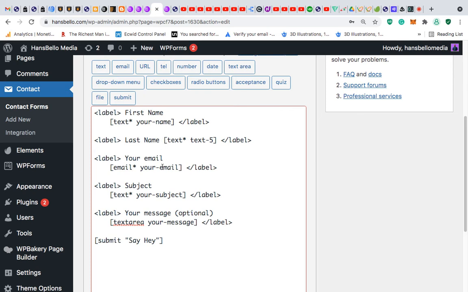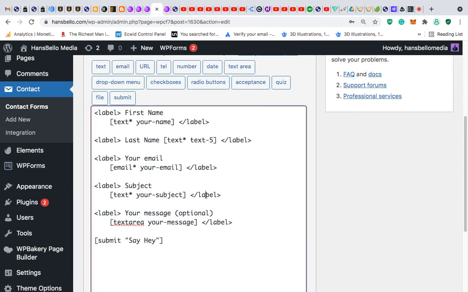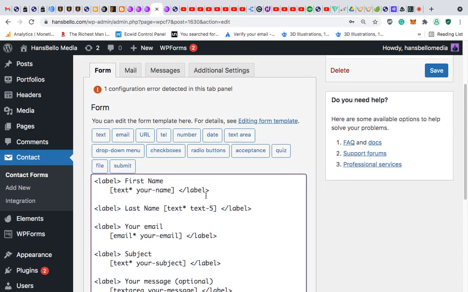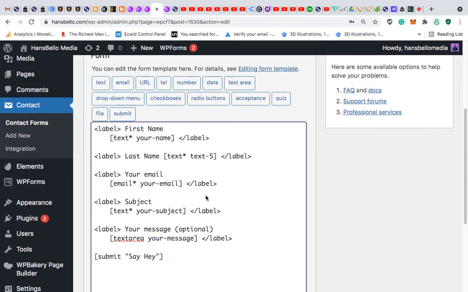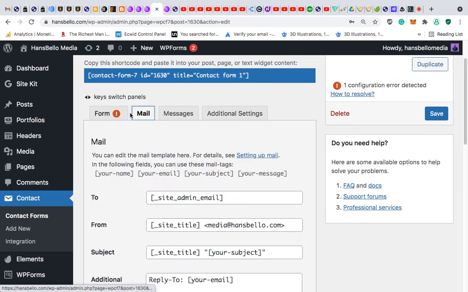Right? If your website doesn't use Contact 7, that means it's either using WP Forms, which is here, or it's using another kind of contact form. But if your website is using Contact 7, right, this is how to edit it. This is how to add. It's very simple. So now once you have added this, the next thing to do is to go to mail,